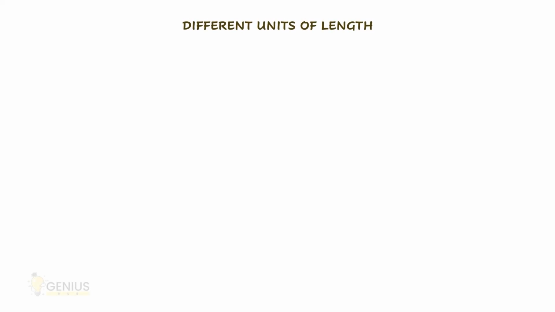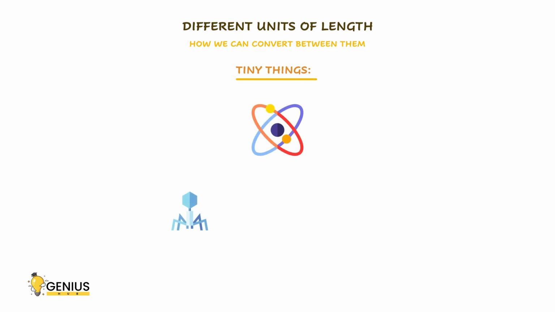In today's video, we will explore different units of length and learn how to convert between them. We'll also go through examples involving very small objects, such as atoms and cells, to help visualize their actual size. Let's begin with a scale ranging from nanometers, the smallest unit you need to know, up to micrometers, millimeters, meters,